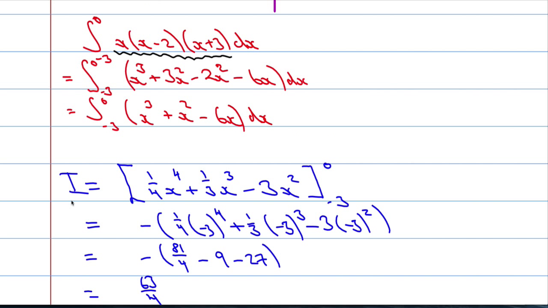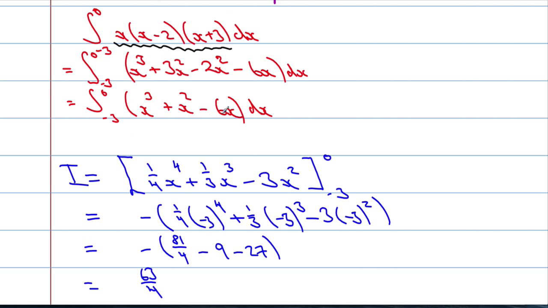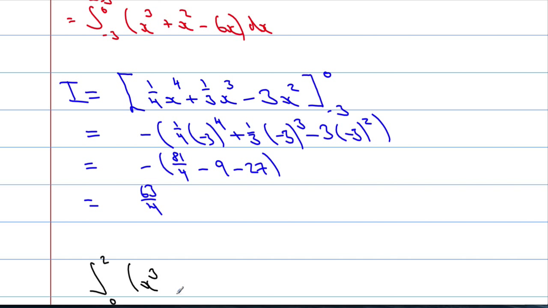So the next part is to integrate. We need to integrate between 0 and 2 the function, and let's use this one, x cubed plus x squared minus 6x, and we're integrating that with respect to x,